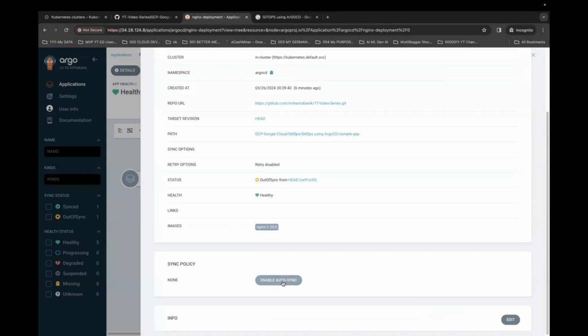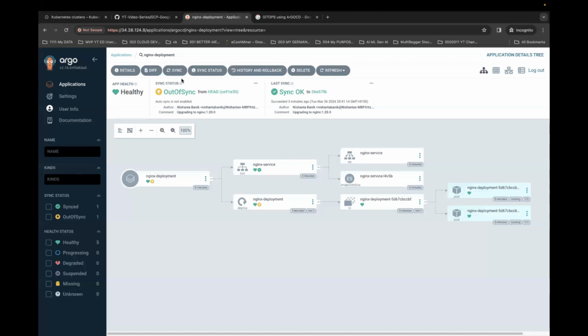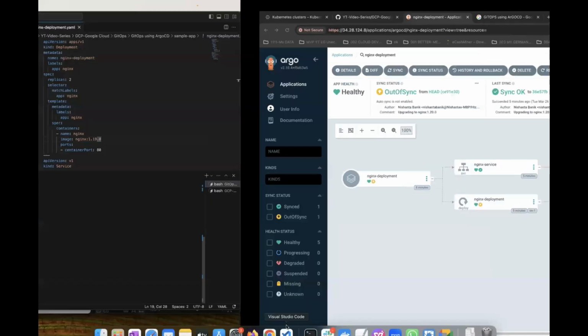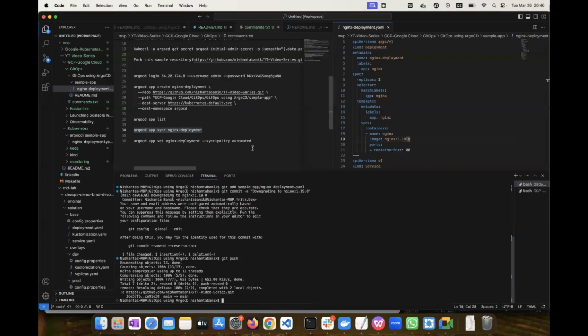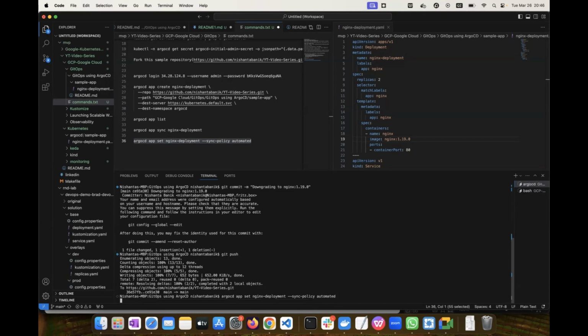So let's say I can go ahead and click on sync, and you can do that. You see it is showing out of sync, but still the change has not been applied over here. Why? Because it is waiting for us to click on sync or enable our auto sync. So what I'll do is I will go here and run this argocd appset nginx deployment sync policy automated command, this particular one. So once I run this,